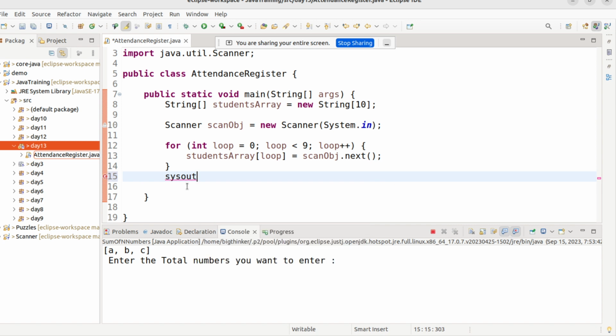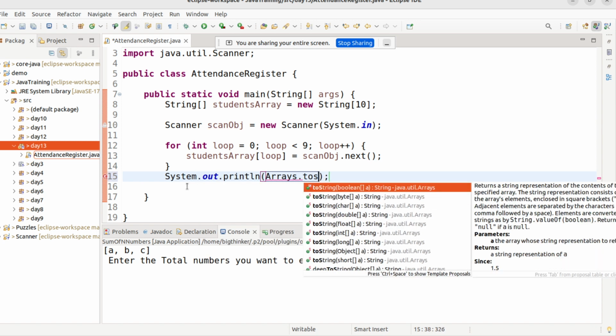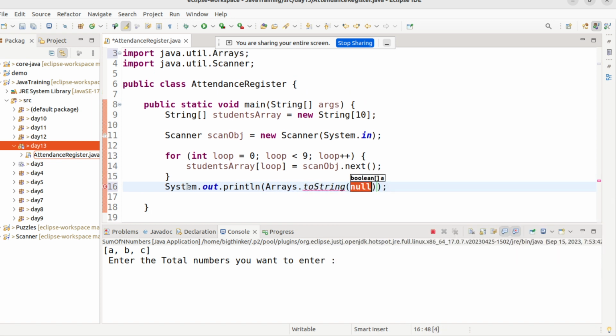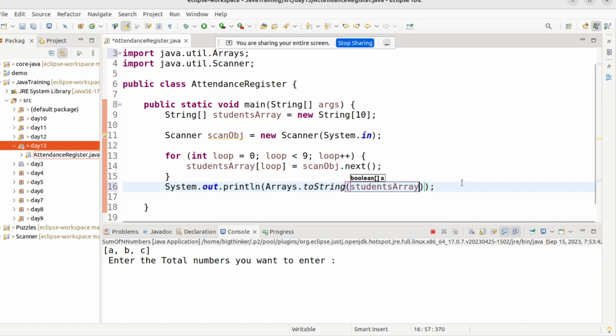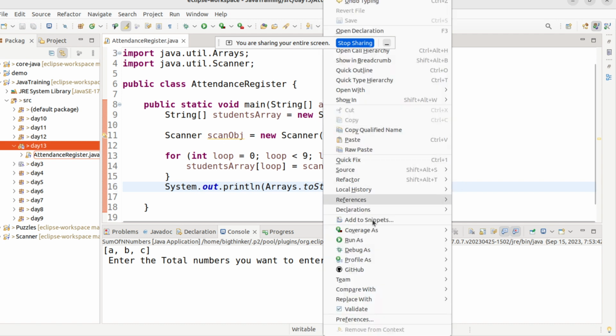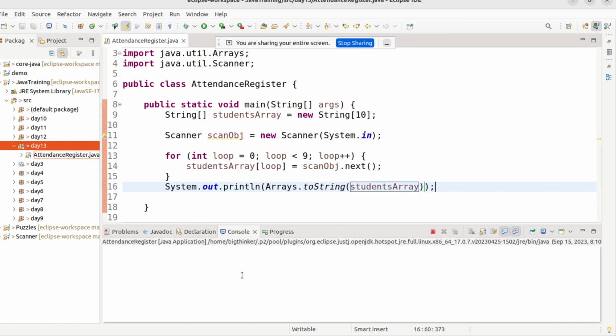Sys out, Arrays.toString, and we will pass our array name to see what are the elements in the array. So when I run this program,